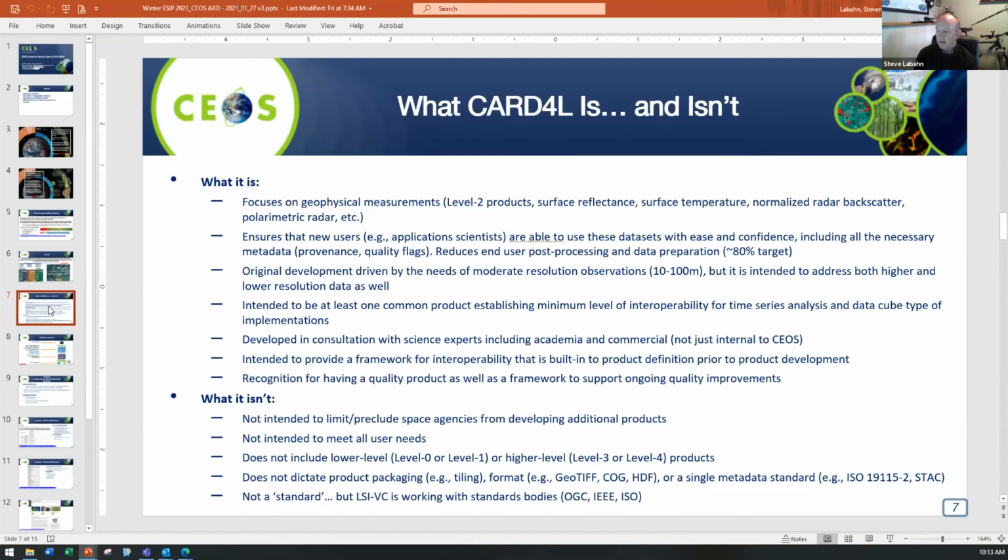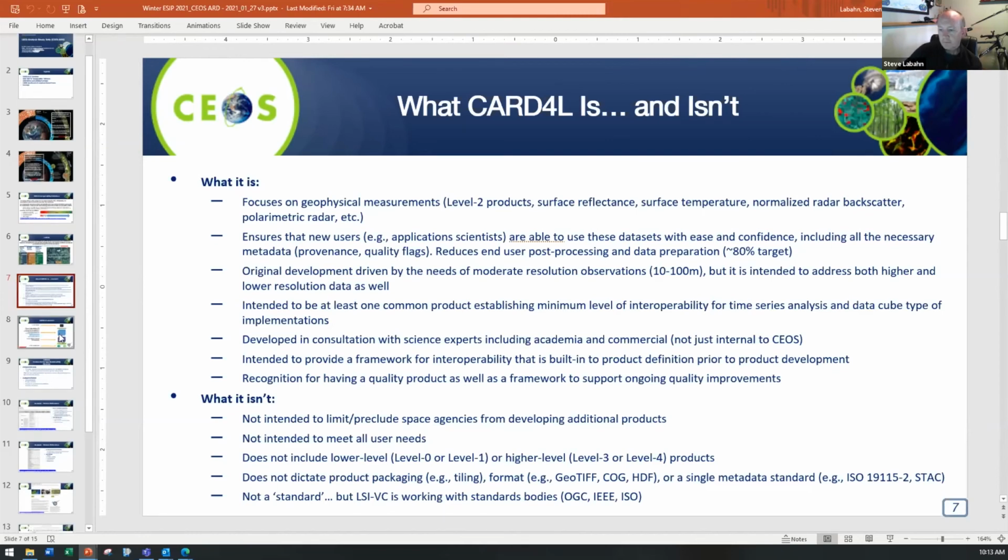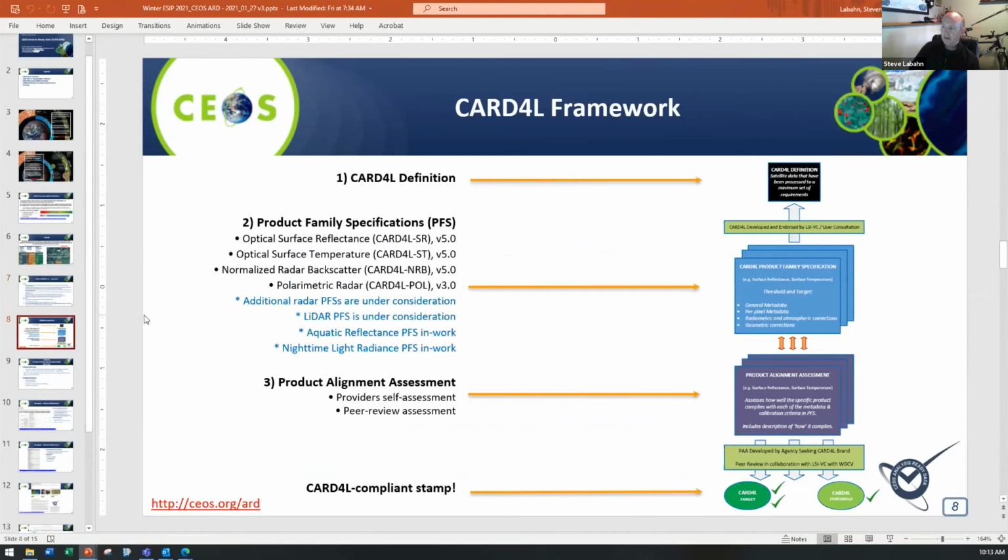It's not intended to identify a single metadata standard either, like some of the ISO or STAC standards. So really, it's not a standard, it's a best practice, and we are working though with standards bodies, with OGC in particular, but others like IEEE and ISO. So I'm gonna give you a quick overview of just the framework itself that we've developed, and at the top